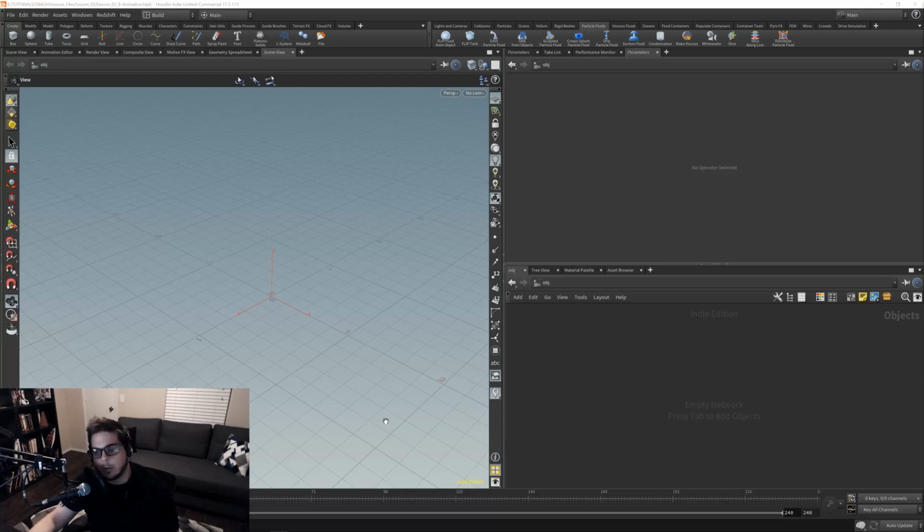So now let's talk a little bit about how to do some animation in Houdini. Now, Houdini might not end up being your animation tool of choice. You might prefer to do all your keyframing and stuff like that in another program, but at the end of the day, you're going to end up having to keyframe and pull curves around at some point or another,